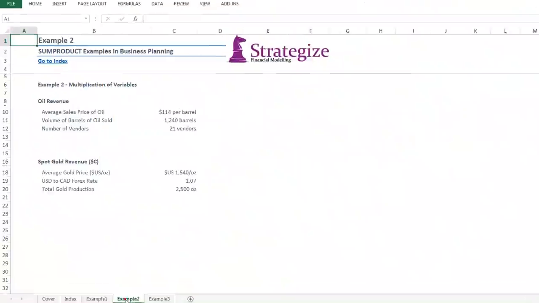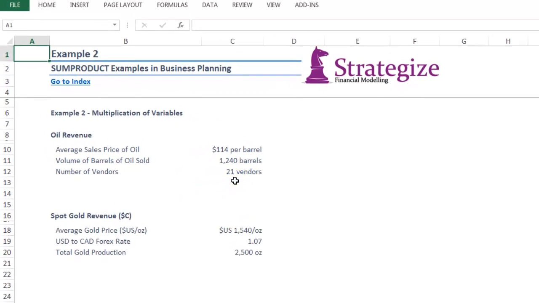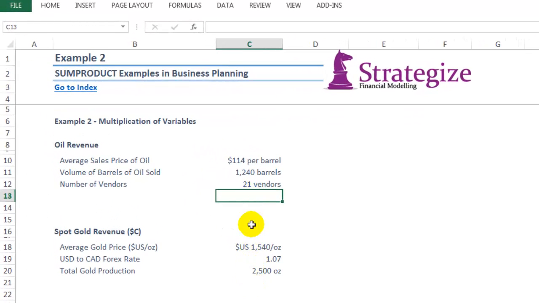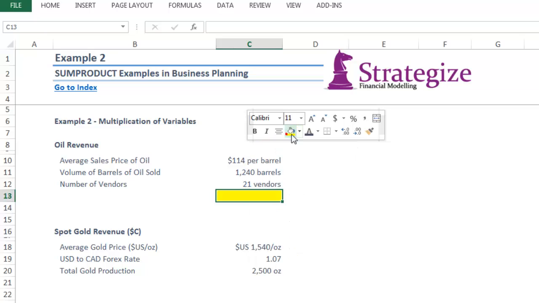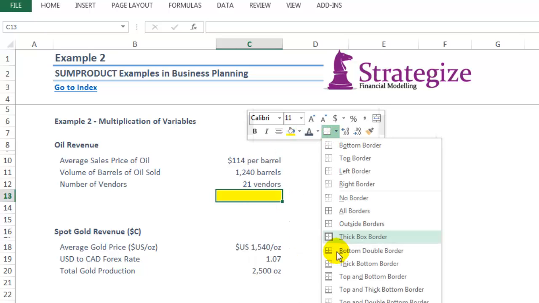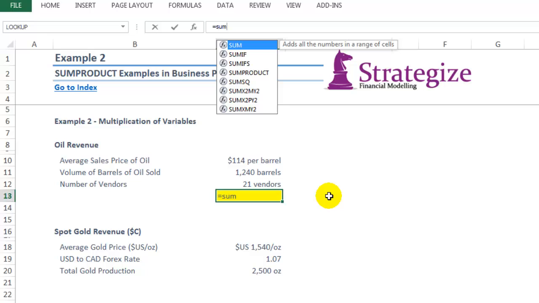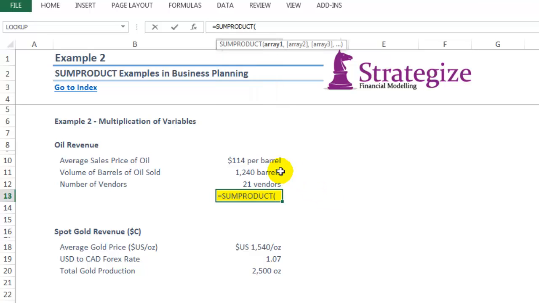In example 2 we're going to be doing multiplication of variables. In this first example we're going to compute our oil revenue by the average sales price of oil, by the volume of barrels of oil sold, by the number of vendors, which gives us the amount of